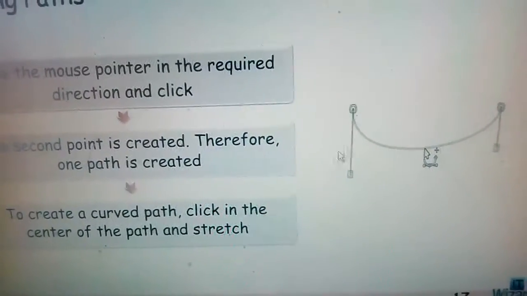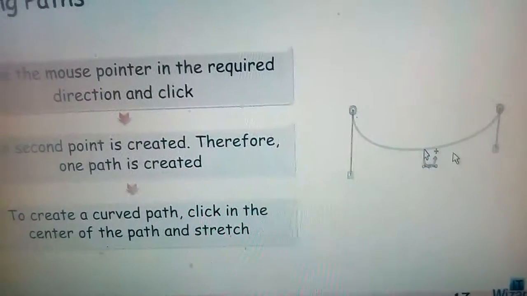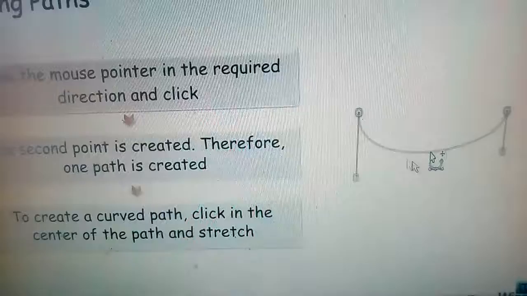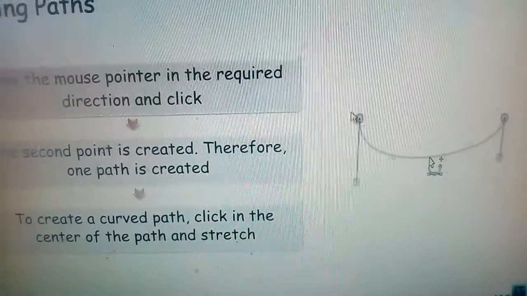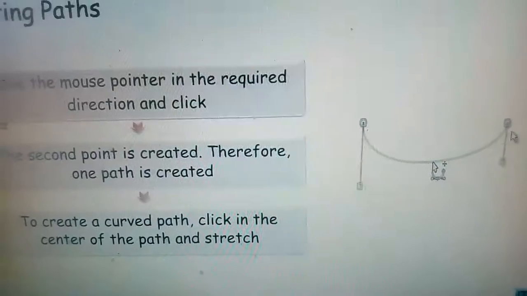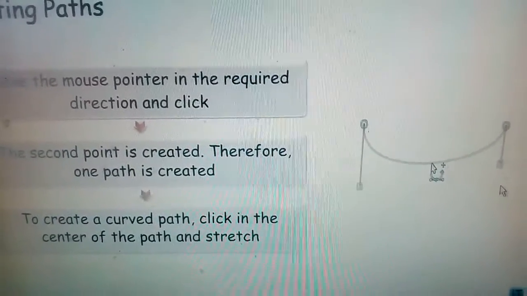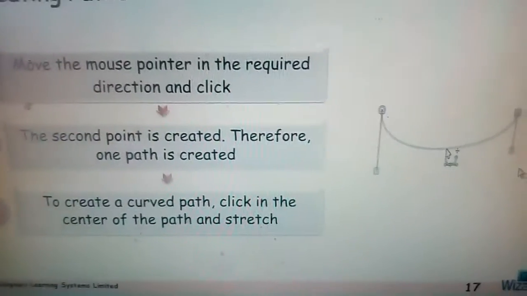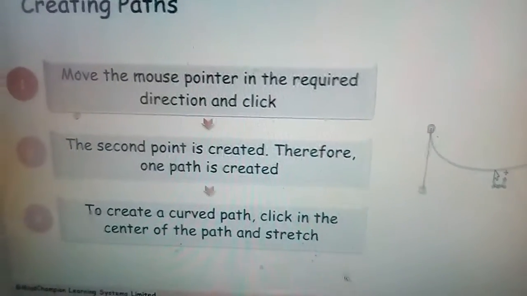So first you click over here, and then you click here. Then this will circle or curve, you can see. So here you click, and then here, and then stretch your mouse. So this curve will be created then. So to create a curved path, click in the center of the path and stretch.